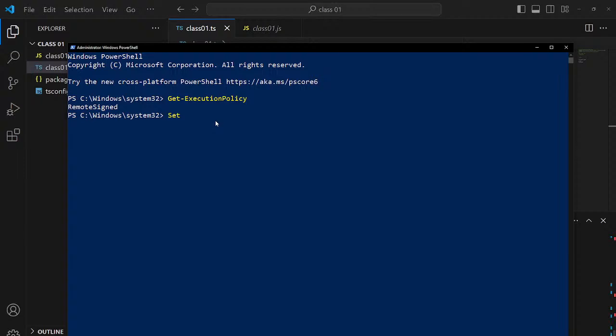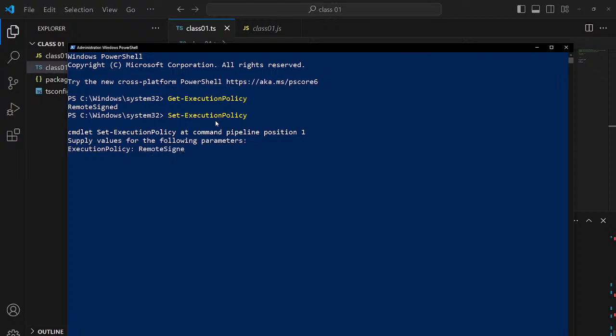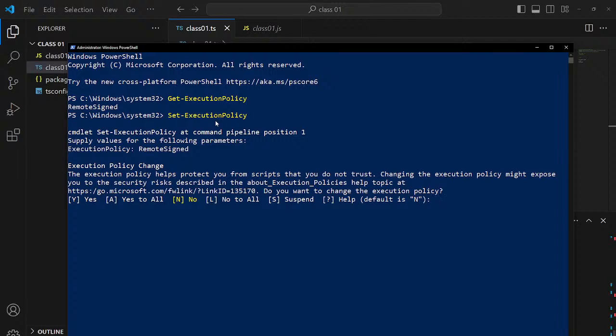So you need to write set hyphen execution policy, set execution policy. Okay, and then change it to remote signed, and type capital A and press enter.